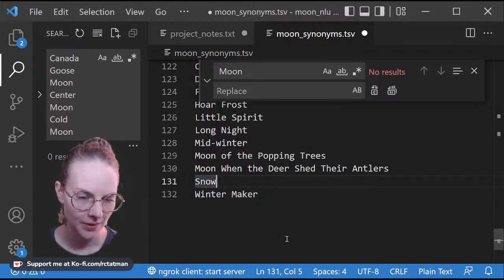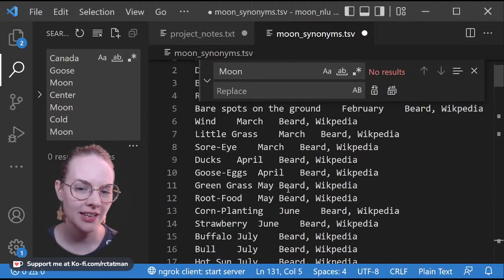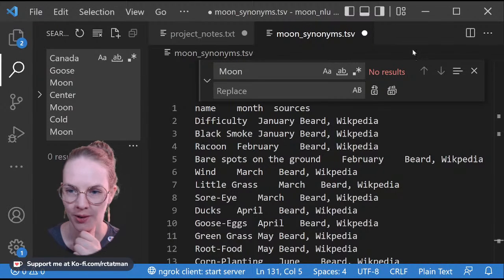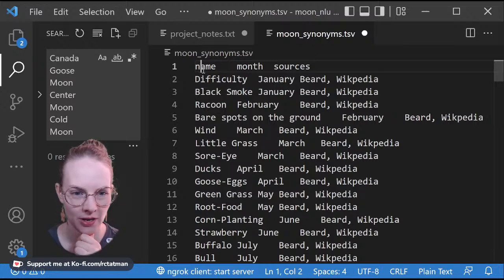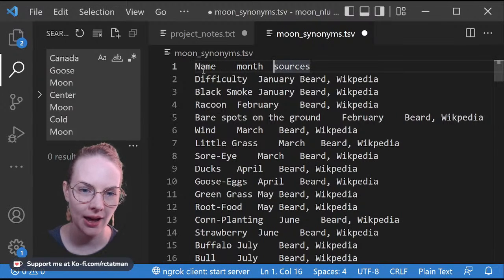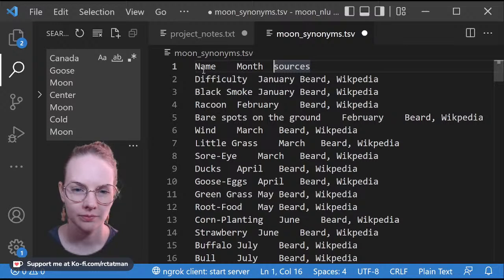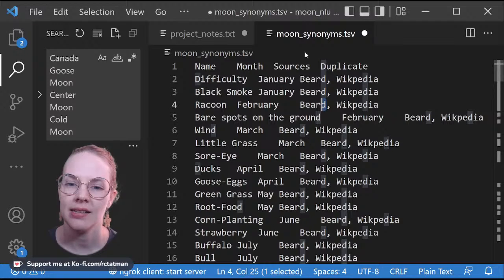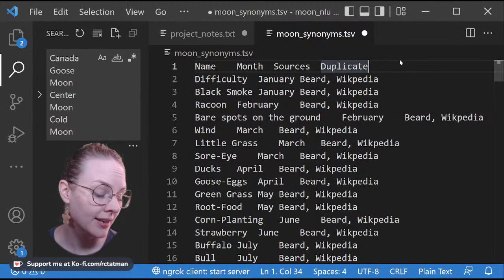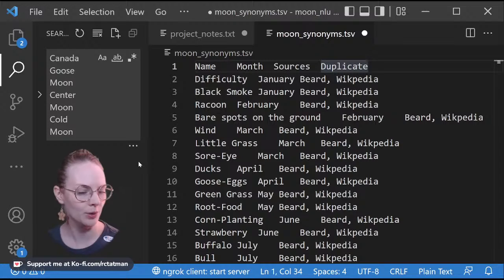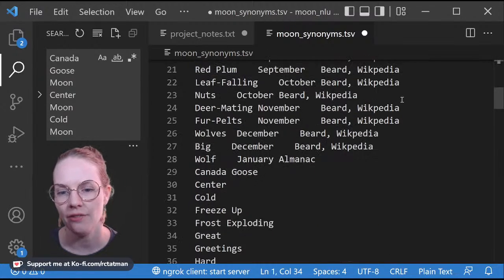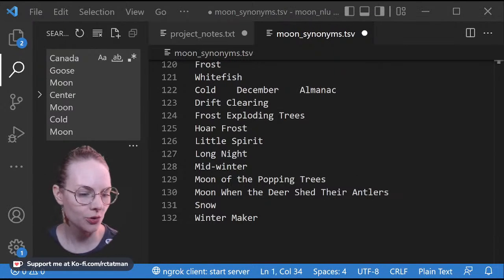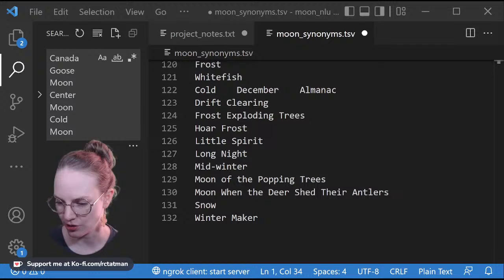All right. So I think this is a fairly good start. I think the next thing that we can do just really quickly right now is add another column for whether or not it's a duplicate, and then we'll deal with that bridge when we come to it. So we so far have two sources. The last source that I wanted to add was the sort of traditional English names, so I'm gonna see if I can find a good source for that.